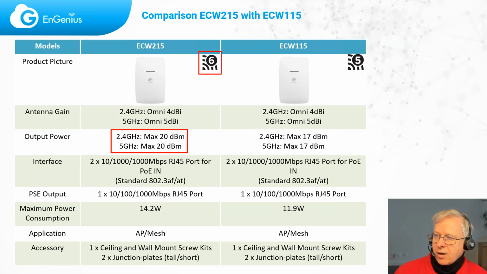And then of course the PoE out that it has is also a very interesting thing. In that case, the maximum power consumption will be, of course, a little bit higher than this, because this is only the power consumption of the device itself. If it's powering something, that should also be included here. So the port on the switch will have a larger consumption.